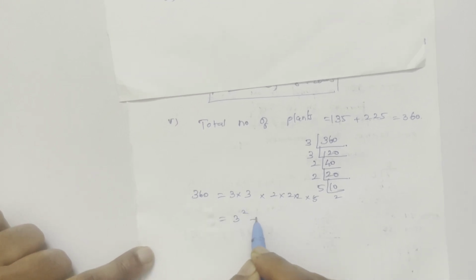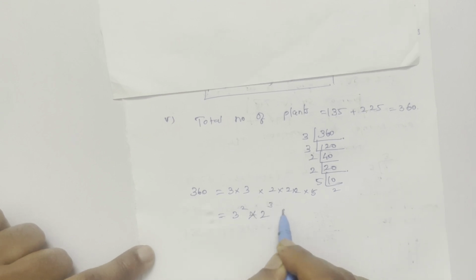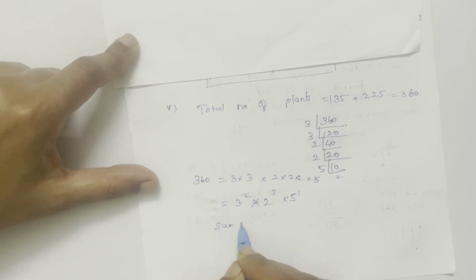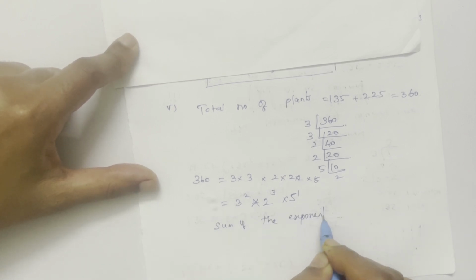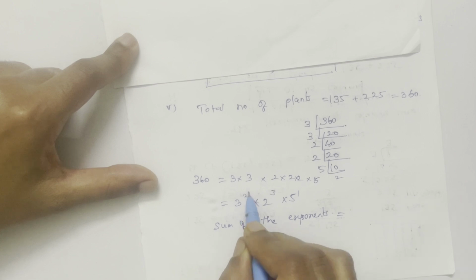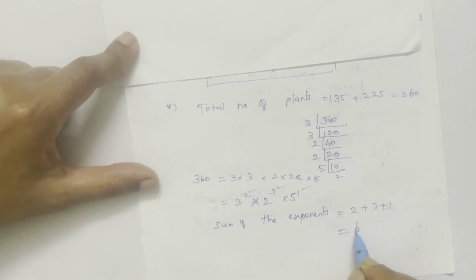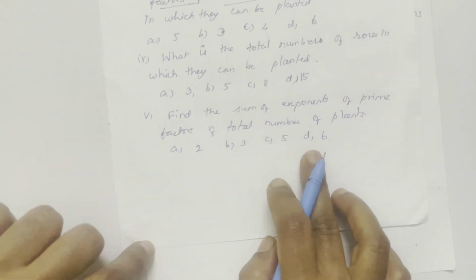So 3 squared into 2 cubed into 5 power 1. So sum of the exponents equals 2 plus 3 plus 1, which is 6. So our answer 6 is